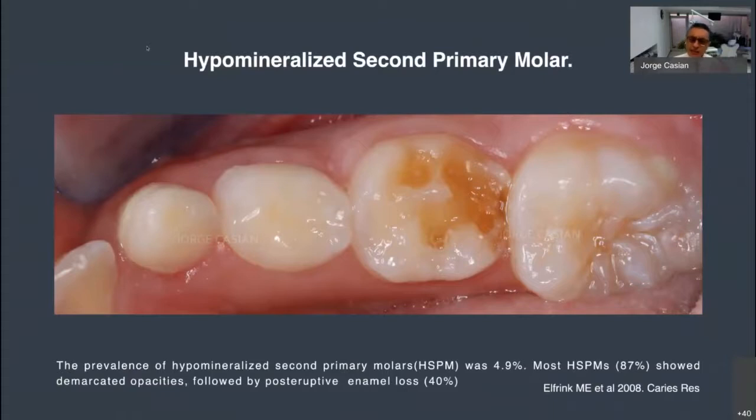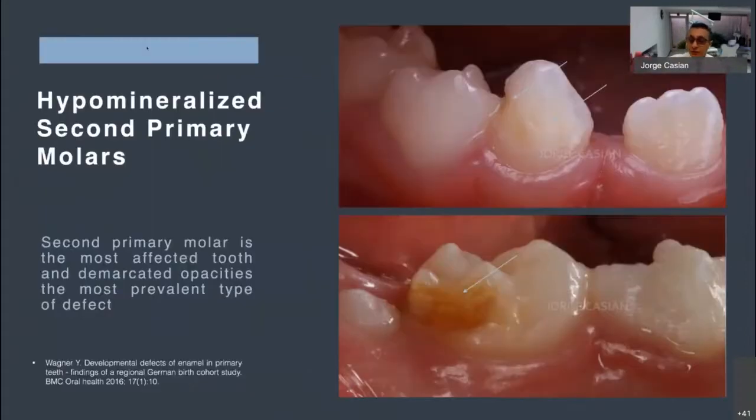By the way, the second primary molar is the most frequently affected primary tooth. Look at the buccal surface of this primary canine. Look at the broken enamel at the distal face of this primary canine, associated with a hypomineralized lower second primary molar. And the question is